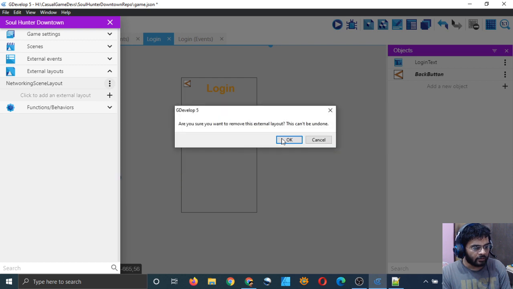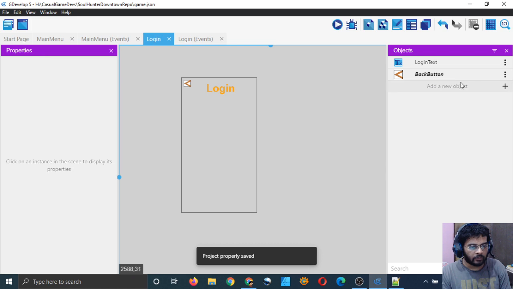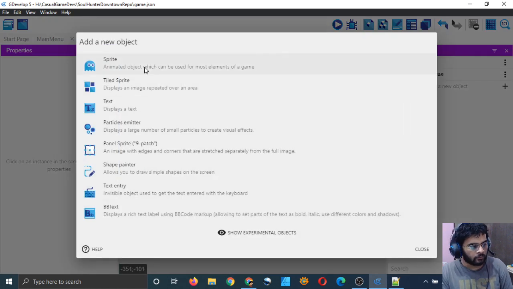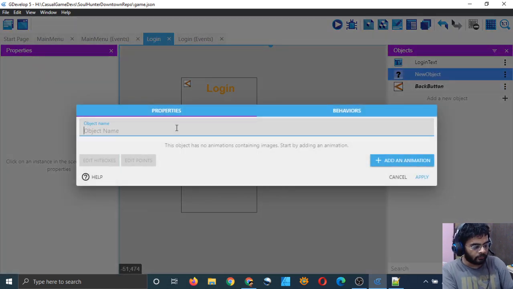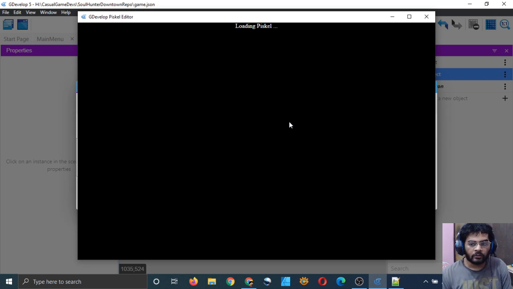I will delete the layout as well because it's not proving to be very helpful at the moment for what we want to do, right? I'll make a separate black screen because it's not very difficult to make anyway, and it will help us avoid some confusion, lots of confusion.